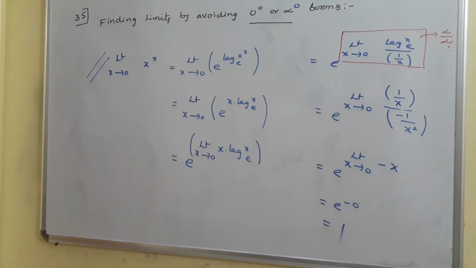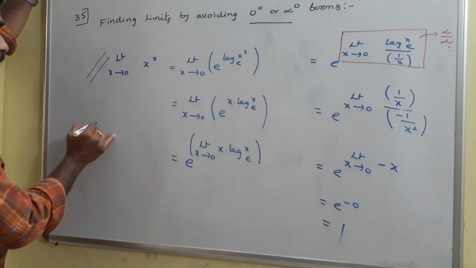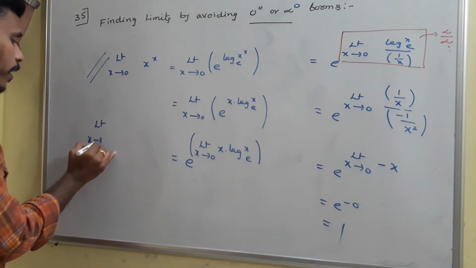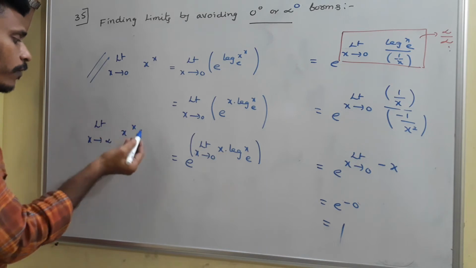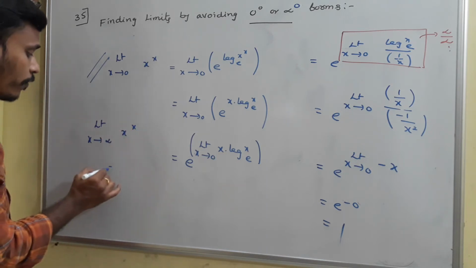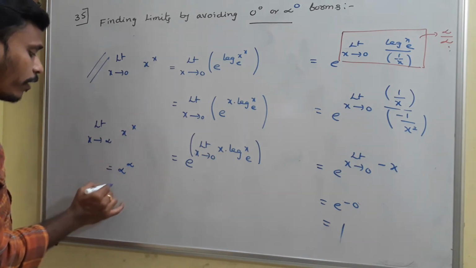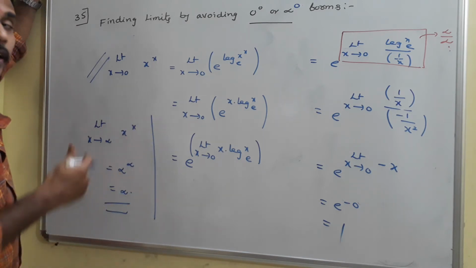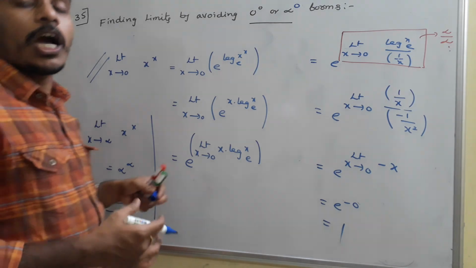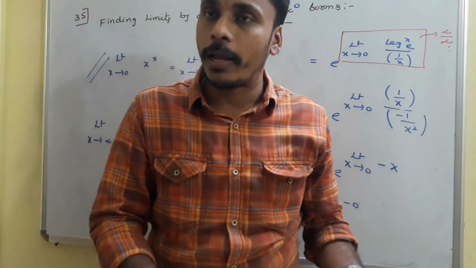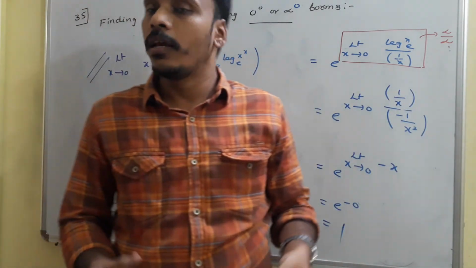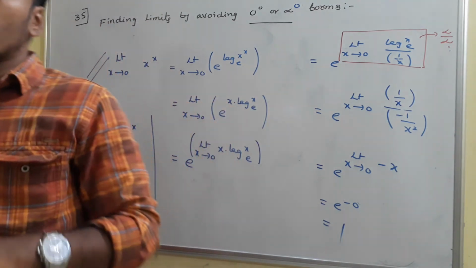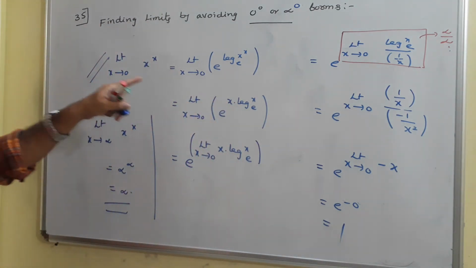Here one more thing. Here limit x tends to 0, x power x value, I found it as 1. Whereas if anybody asks you to find limit x tends to infinity x power x, what will happen? Limit x tends to infinity x power x is infinity to the power infinity, and that is equal to infinity. No problem in that situation. Multiplying unknown quantities for an unknown number of times will give us again an unknown quantity, and that is clearly infinity.